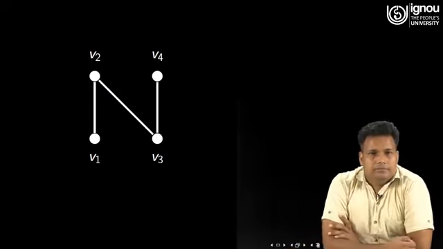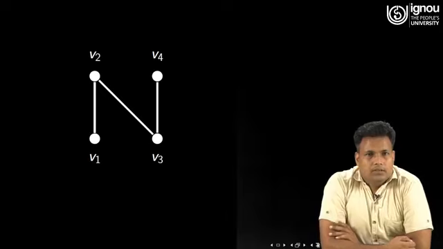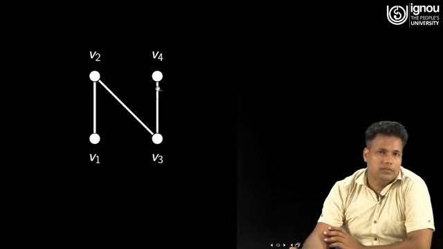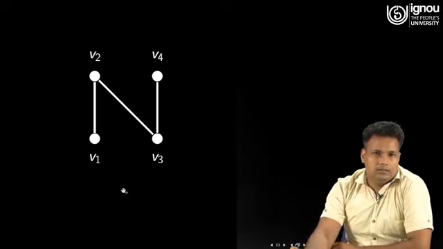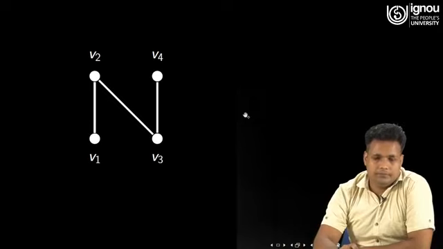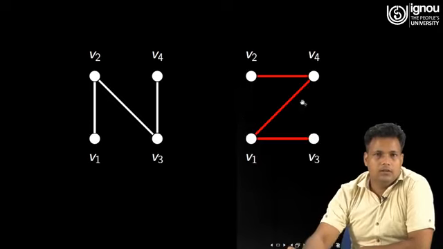For instance, just consider this graph on 4 vertices V1, V2, V3, V4. It is actually a path on 4 vertices, that is P4. It has 3 edges. Now let's draw its complement. So this is the complement of